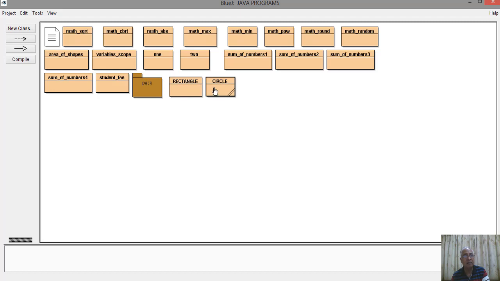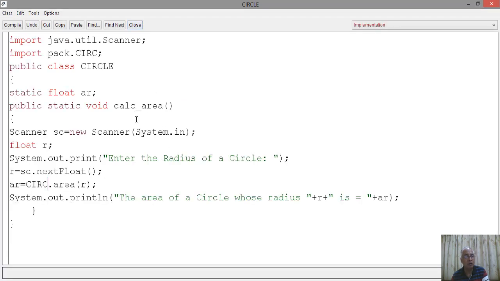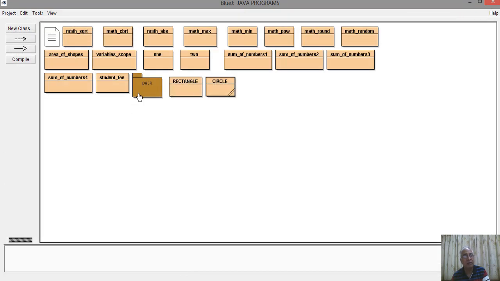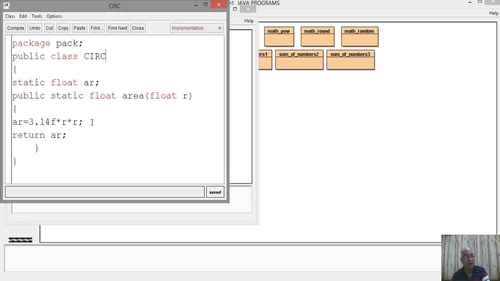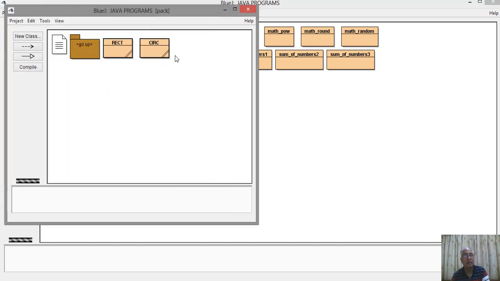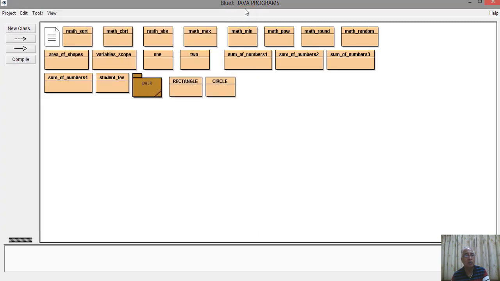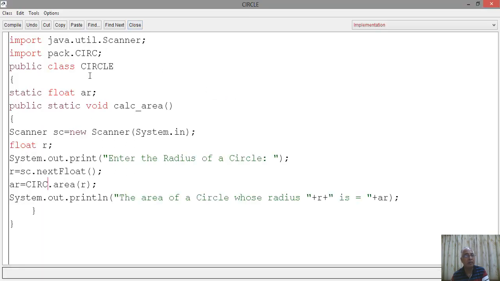In the same way in circle, we enter the value of the radius and send it where? To the package pack, in which we have CIRC as the program to calculate the area of the circle. From there we return the value, the calculated area of the circle, to the point from where we called this program in the circle program.